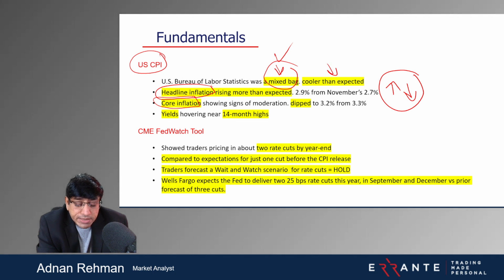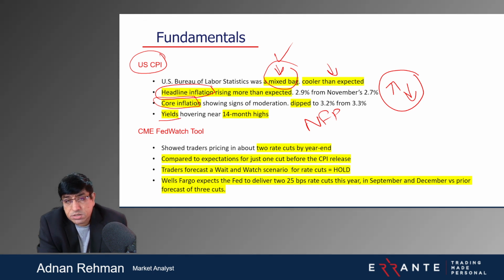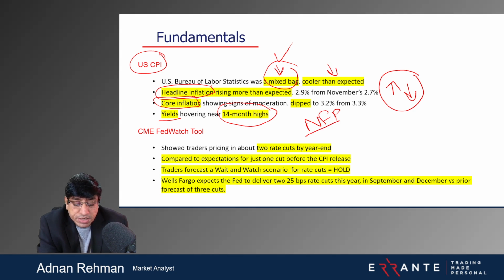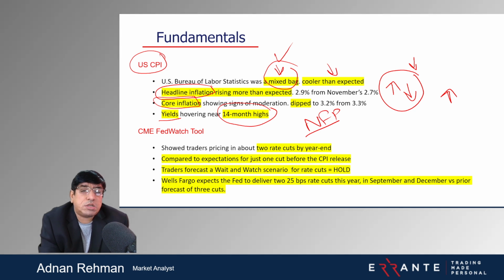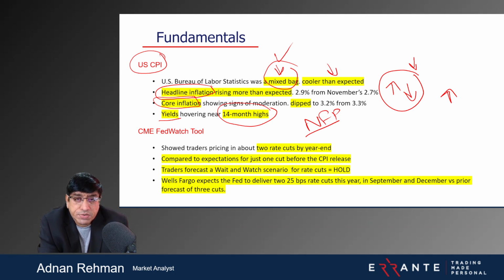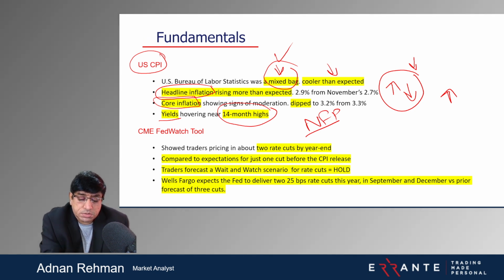The recent strength in the US was due to the NFP. Don't forget that the NFP print was very strong. And the yields, which is mostly what traders watch, were hovering around a 14-month high. So this was one of the reasons for the strength in the USD. Now yesterday we had this mixed type of scenario. And you know, when there is uncertainty in the market, the USD is the one that takes the benefit. USD and gold, they play their times, give or take.